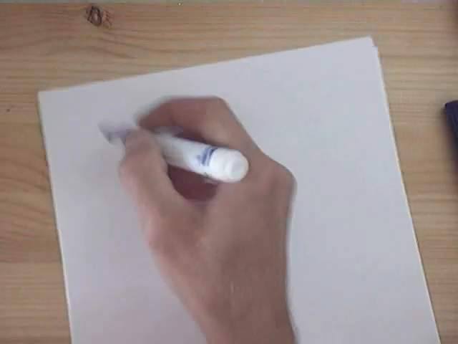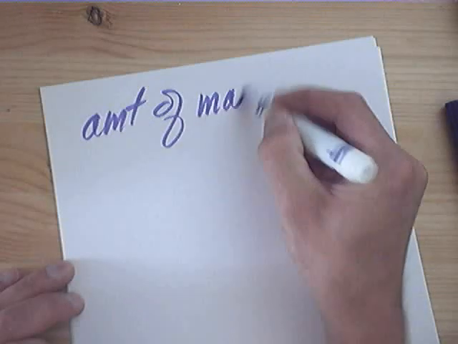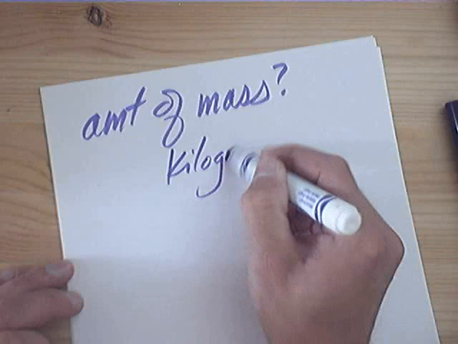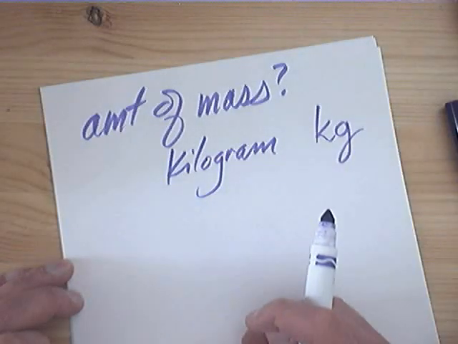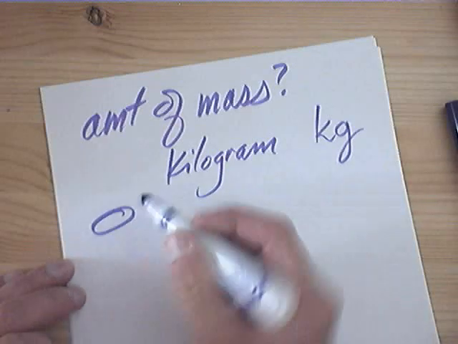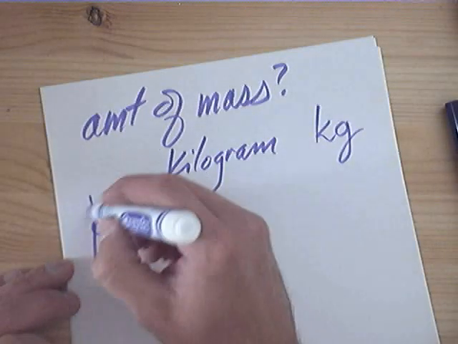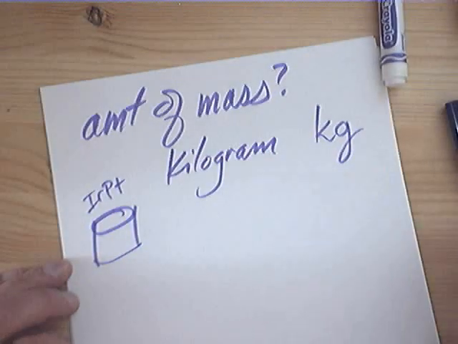So how do we measure amount of mass? We like to use the kilogram. Its abbreviation is kg, and it's measured by this thing that's in France. I think it's an iridium platinum bar chunk. Anyway,